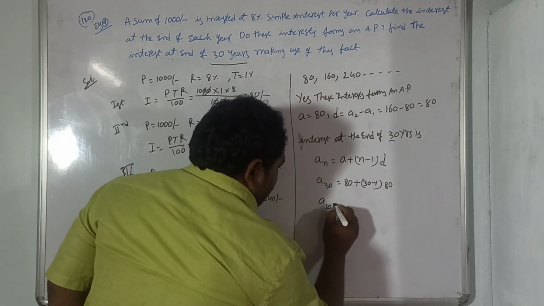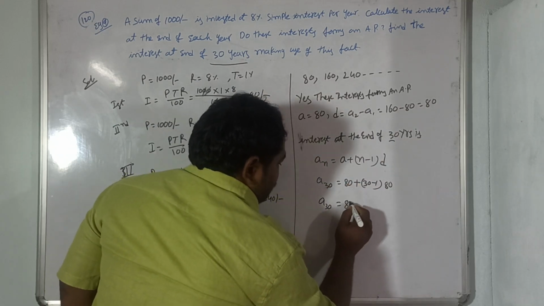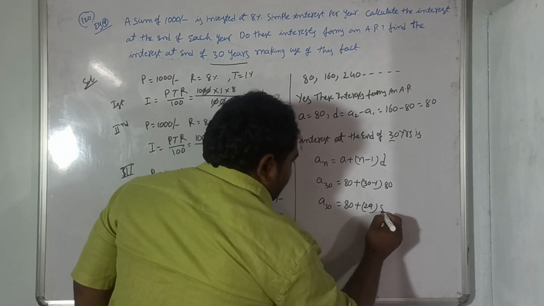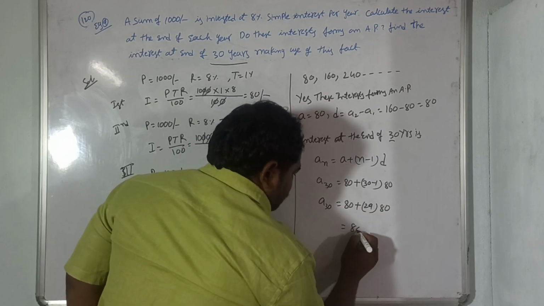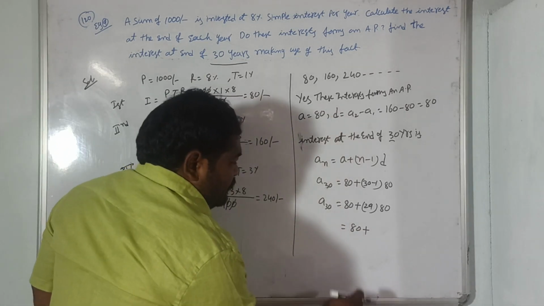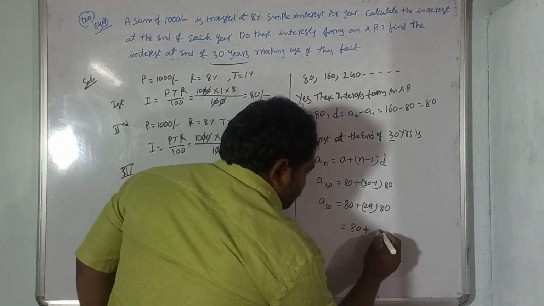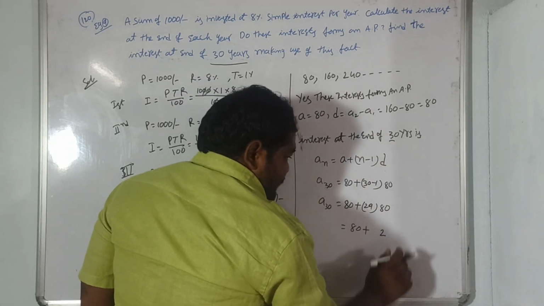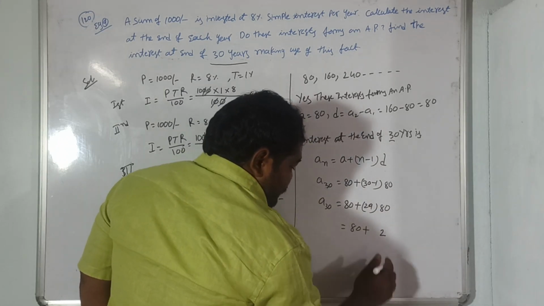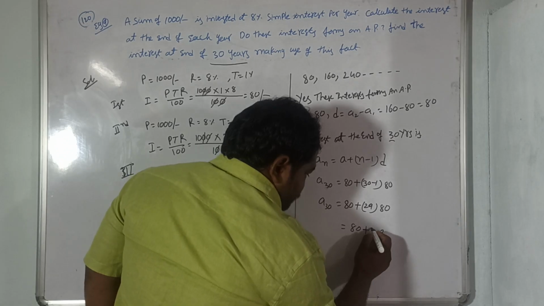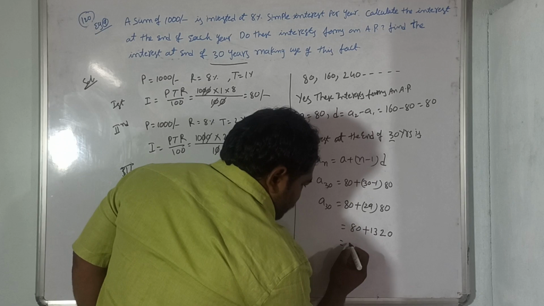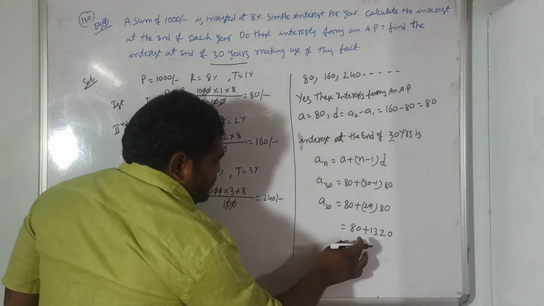Therefore the 30th term a30 equals 80 plus 30 minus 1, 29, into 80, which equals 80 plus... 8 9s are 72, 7 carry, 8 2s are 16 plus 7. What is 16 plus 7? 23, so 2320. Therefore the interest at the end of 30 years will be